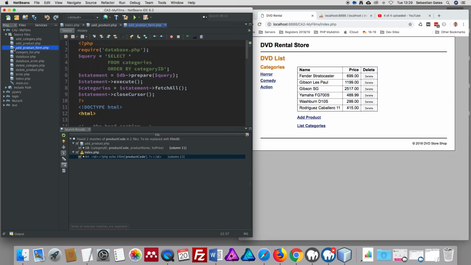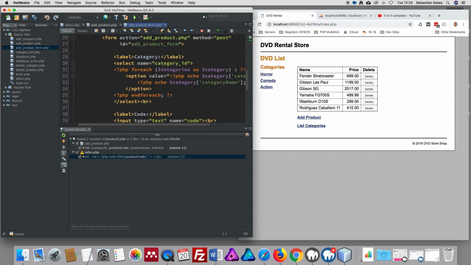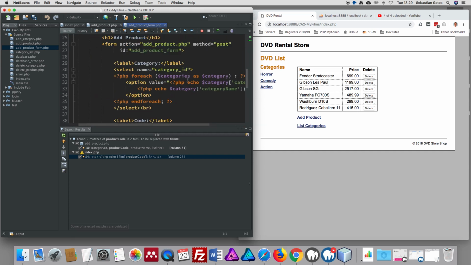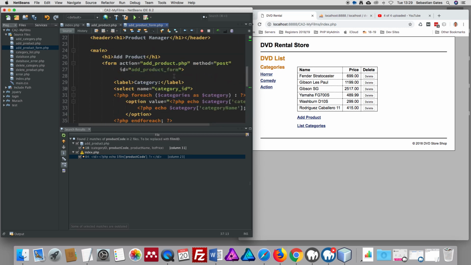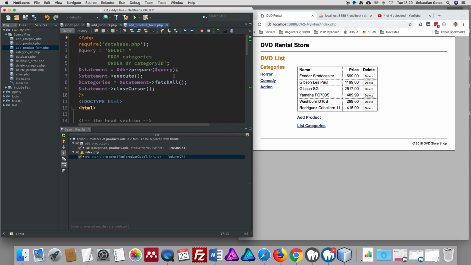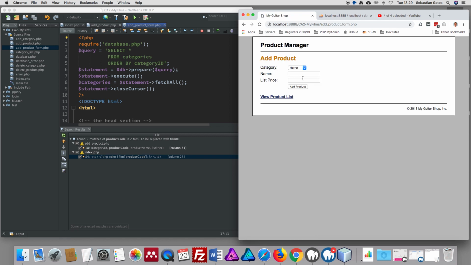So add product form. Let's look down here. Add product. We've got a code, so let's get rid of that label. We don't want it. And that's it. So we just press save, and in theory now, if we refresh this, we should have got rid of every instance of product code from